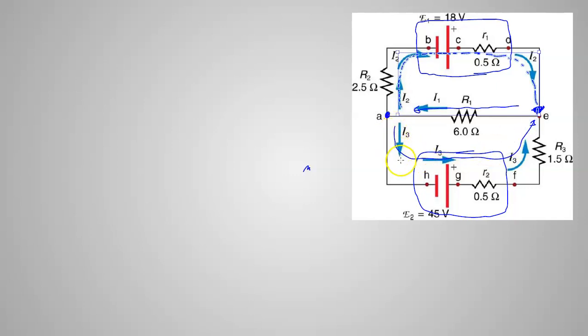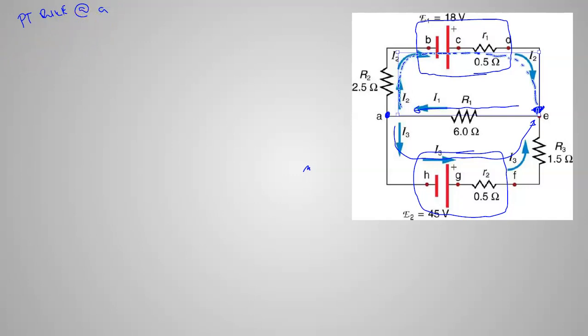So there's that track. Going through the battery, going through the resistor, going through the other resistor, end up right there. The 2 points that make sense to apply the point rule would either be point A or point E. And I think you can see why. If I do the point rule at A,